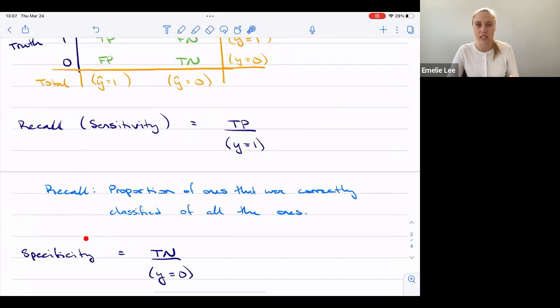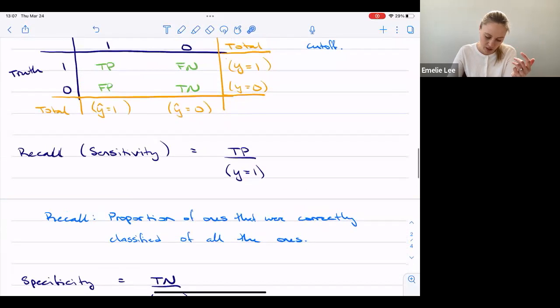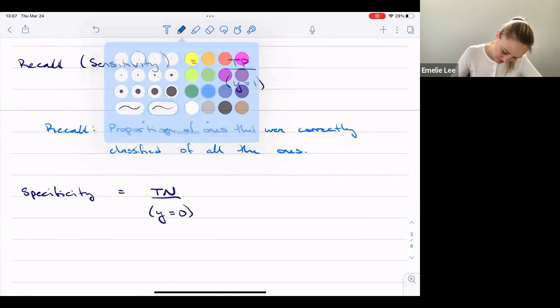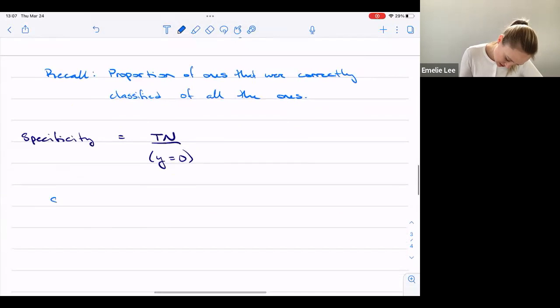If I want to talk about the zeros, what happened with the zeros? The true negatives are all the correctly classified zeros over all the potential zeros that I could talk about, right? So it's the same definition, but for zeros. Okay. So the specificity